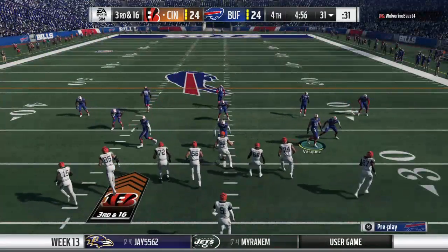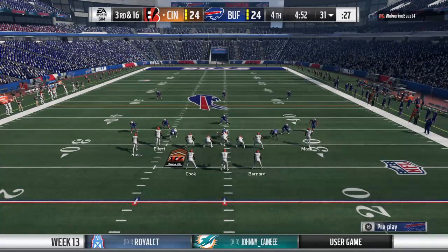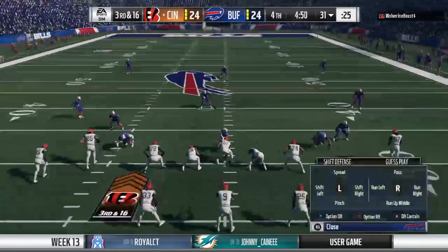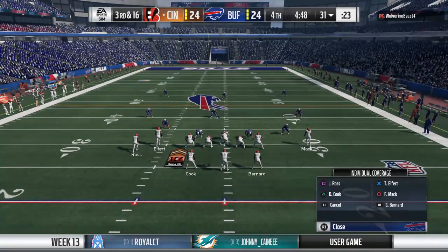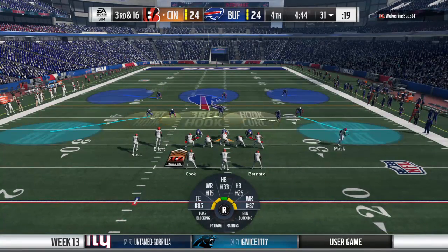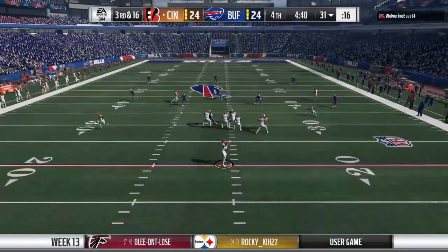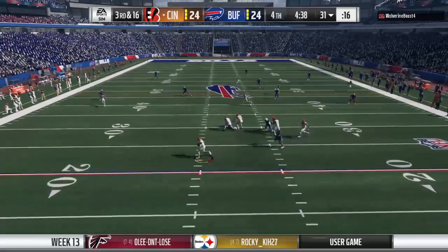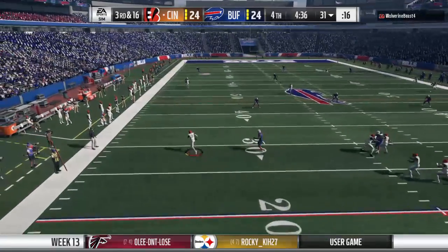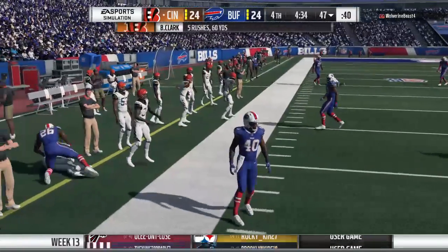And the Bengals on 3rd down. They've been okay, 2 for 3 thus far. This is 3rd and 16. He'll drop to throw. Dancing to his left. He's going to run, but he's got a long way to go. Give him 17 and a